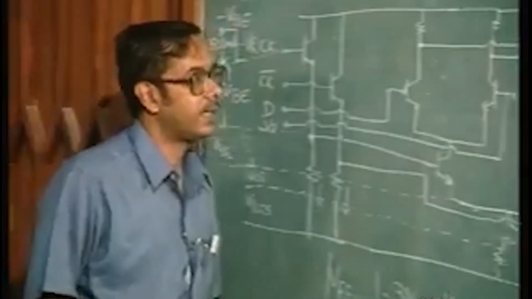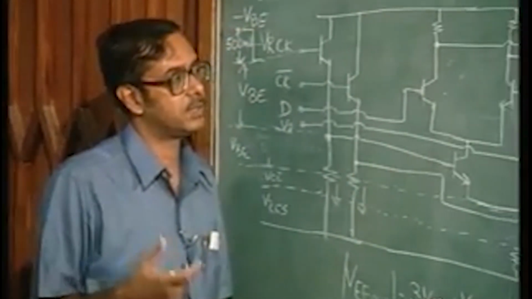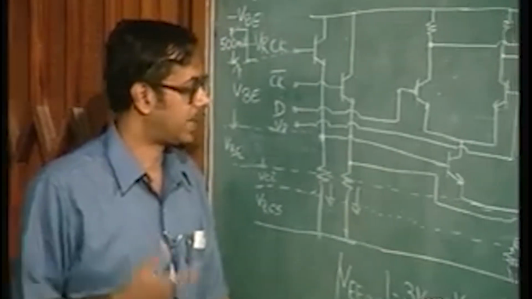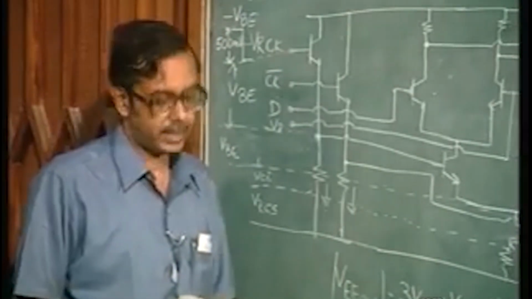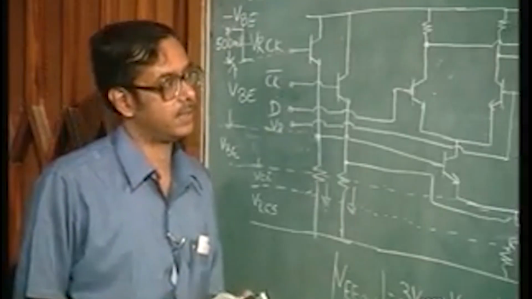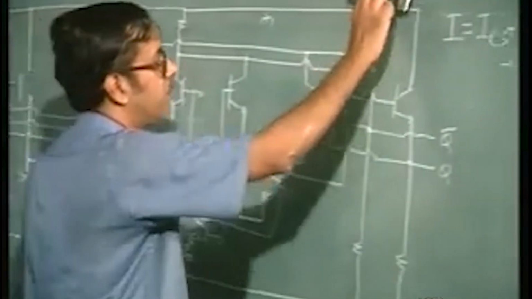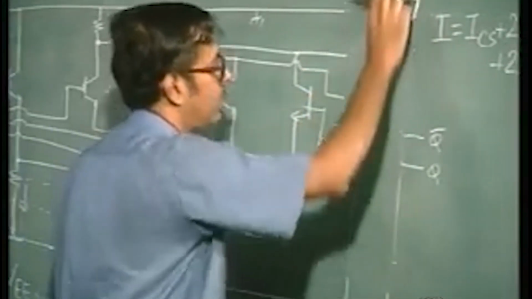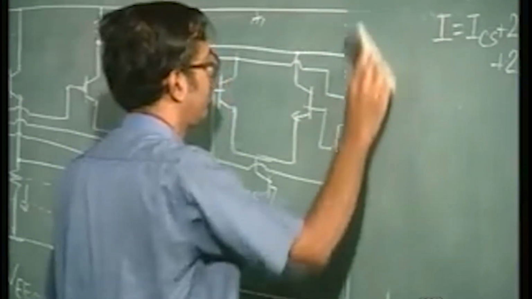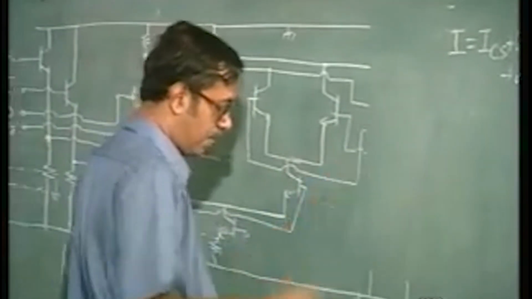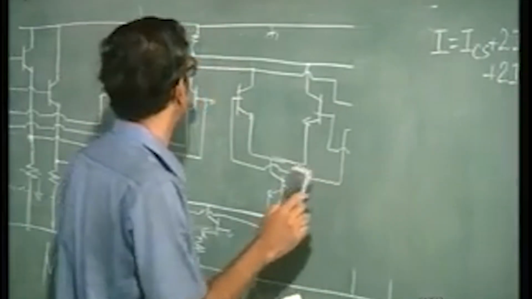So, a circuit which has a lower power dissipation can be constructed by making small modifications in this circuit. Okay. Firstly, what you can do is you can remove these emitter follower stages. Okay. So, basically what you have now is